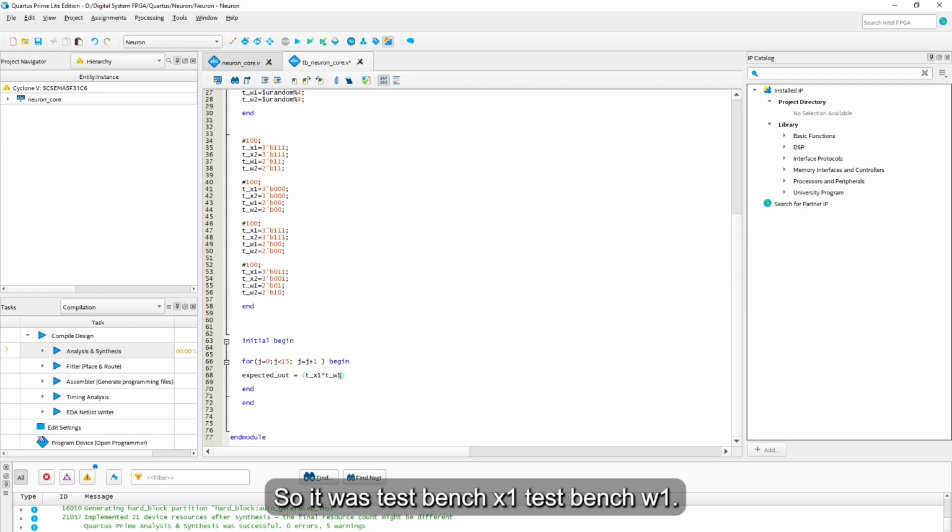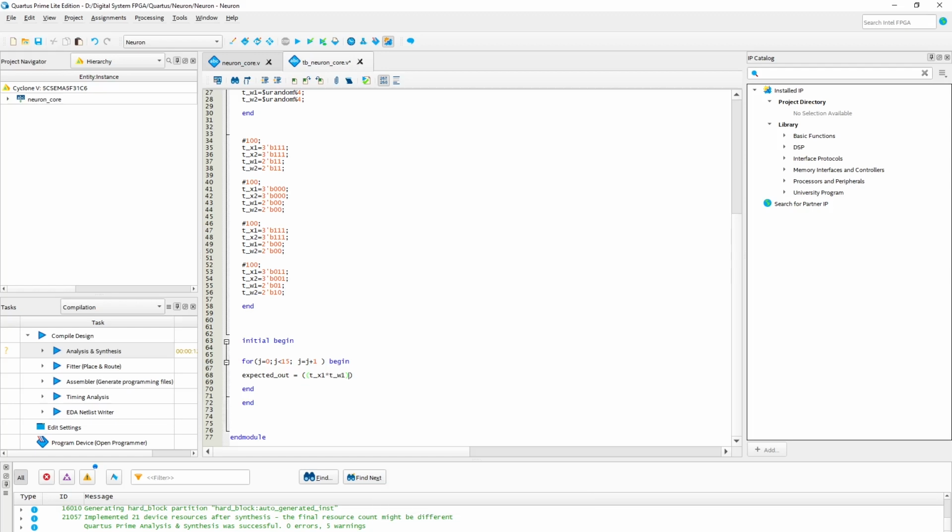So it was testbench x1, testbench w1. So this one here, we need to add with